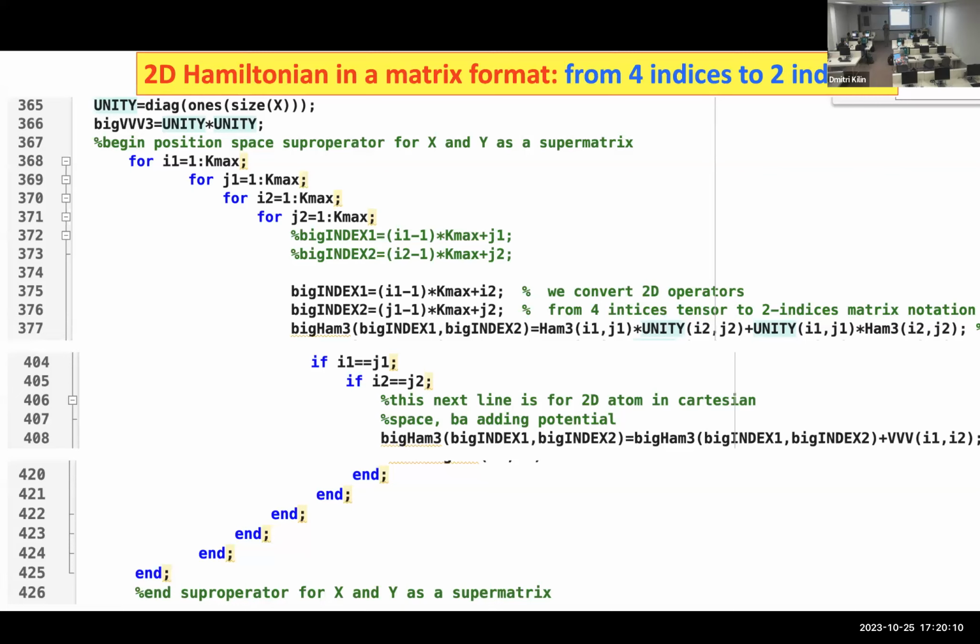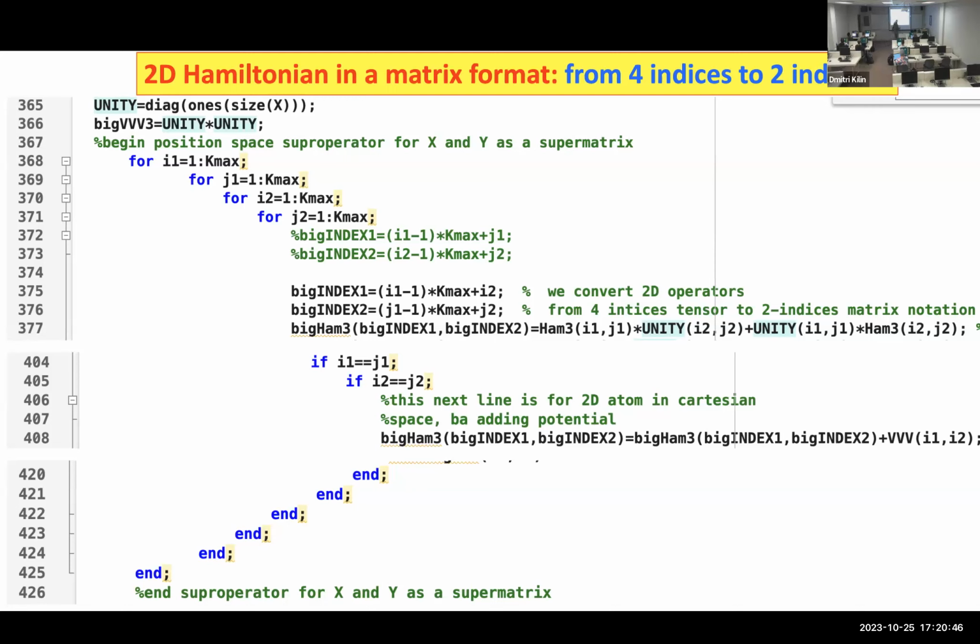I1, J1 for X dimension, I2, J2 for Y dimension. And we know how to create operators that will make conversion between wave functions related to a certain dimensionality. So we want to use this knowledge. We want to apply, for example, the momentum operator or kinetic energy operator or total Hamiltonian operator to a certain degree of freedom. But when we apply our known stuff, we should keep the other degree of freedom unchanged.